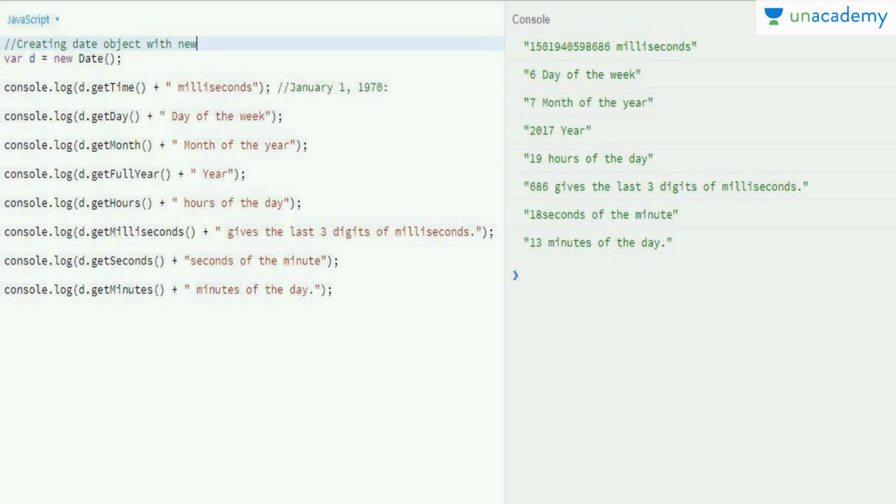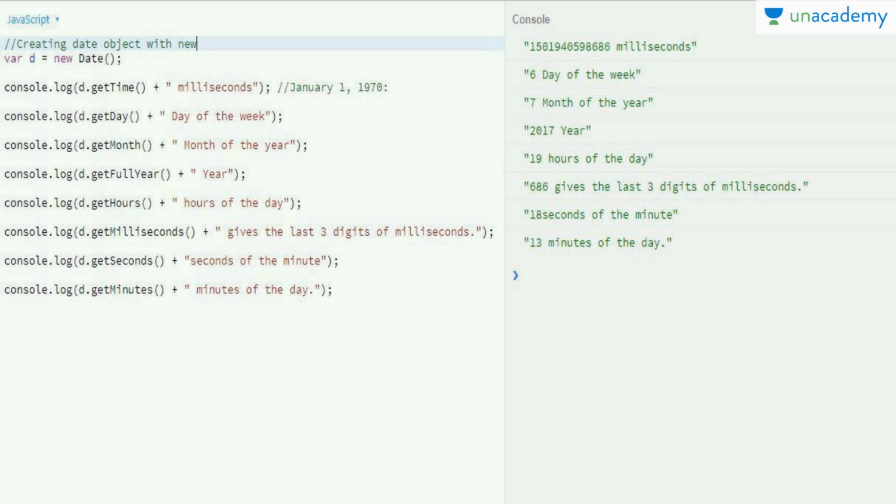The month I get is 7, because the months start from 0 to 11 and not from 1 to 12. I am recording this video in the August month, but as I told you they start from 0, so this comes in the 7th month.